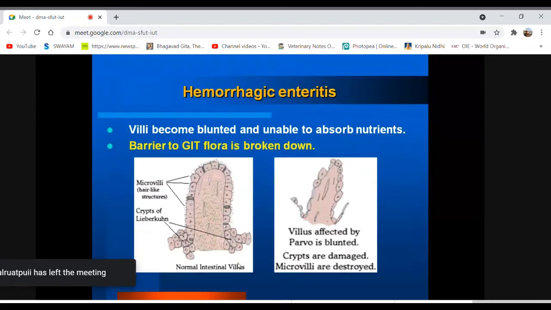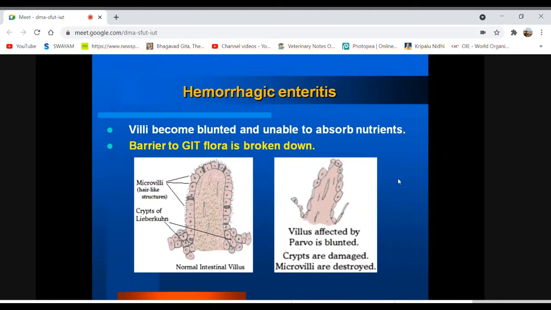Okay, then when they are having this hemorrhagic enteritis, as I have already mentioned, the villi and microvilli of the intestine used to be desquamated and destroyed. That's why it becomes very much blunted and unable to absorb any nutrients. So the affected animal is not getting the nutrients properly, which should be absorbed from the contents coming through the stomach and intestine. Because of the destruction, blunting and desquamation of the villi and microvilli, those